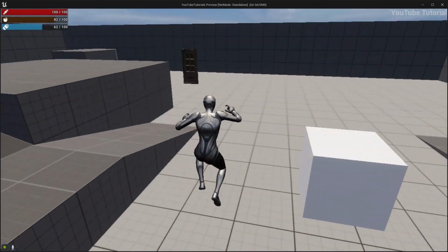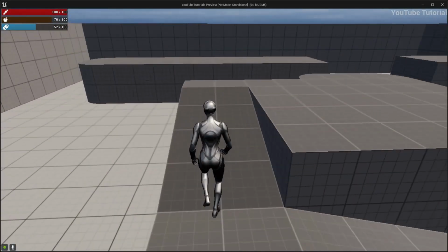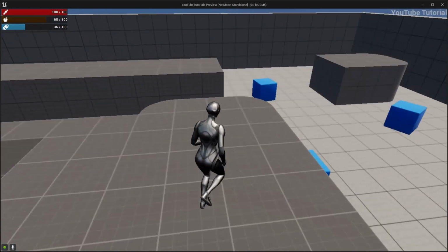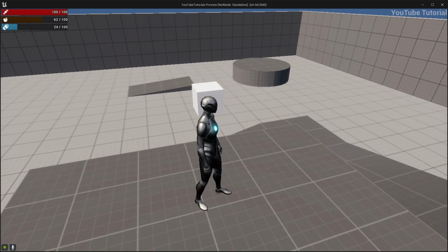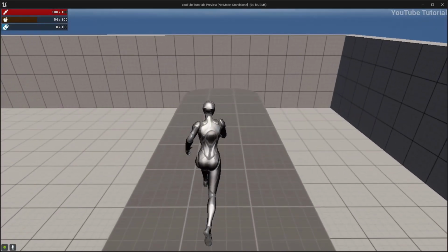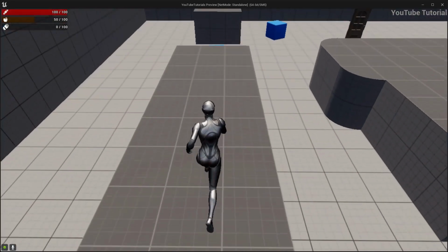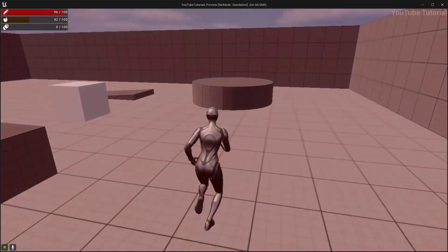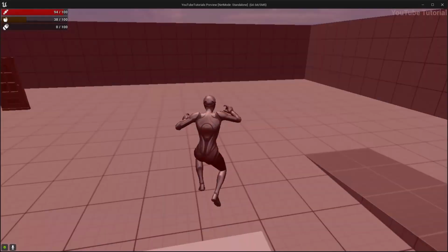Today we are going to create a starvation and hydration damage system. If you look in the top left, the food and water is going down, and as soon as it reaches 0, the player is going to lose health. And you can see the red damage flash going off because we're losing health. Now that we're dehydrated,